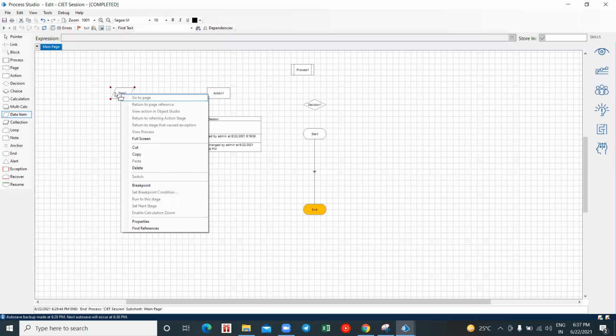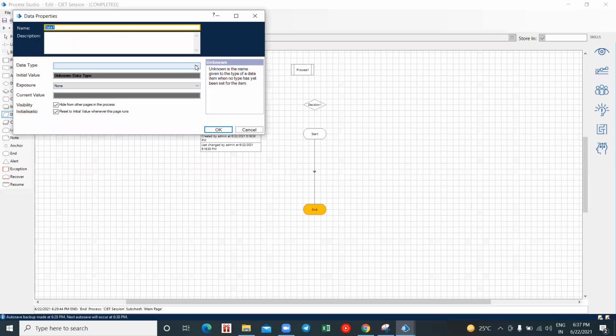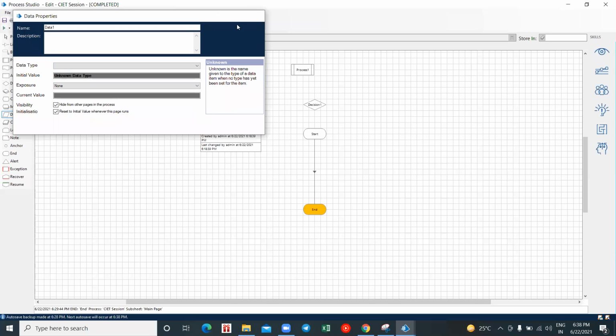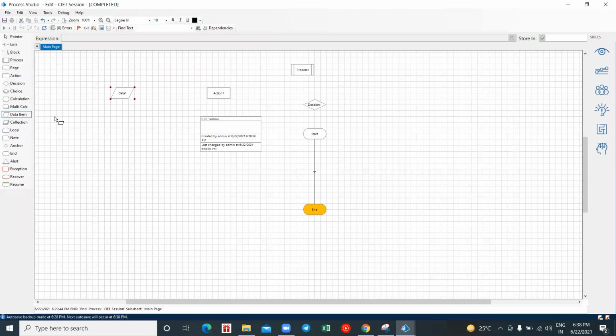So here I'll show you what data items are there, what data types are there, sorry. I have a date, a date and time, and a flag. This flag data type is nothing but the response we get out of this decision stage. The output we get when we use these decision stages is known as a flag, which is yes or no type, right? Then a number, password, all these are data types which are handled or stored by this data item.